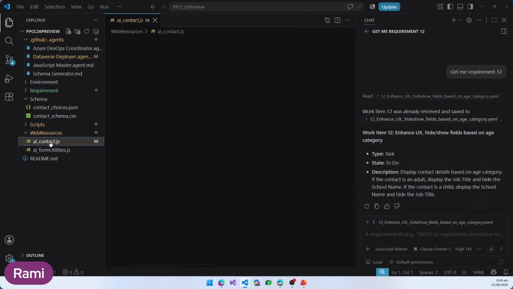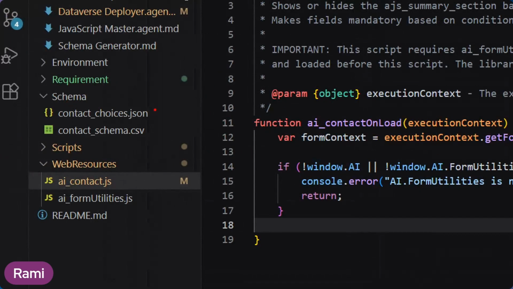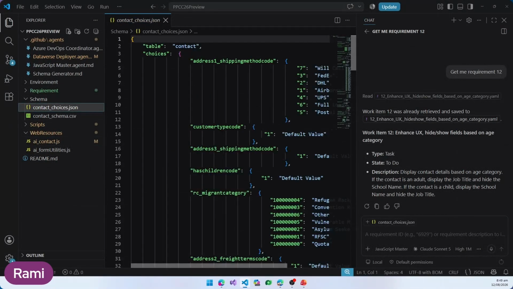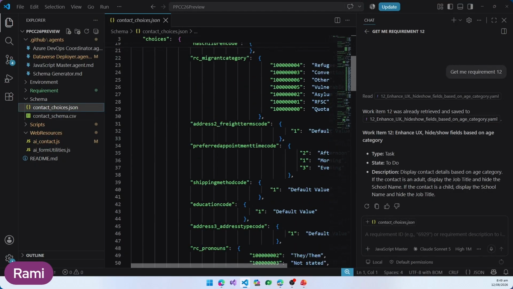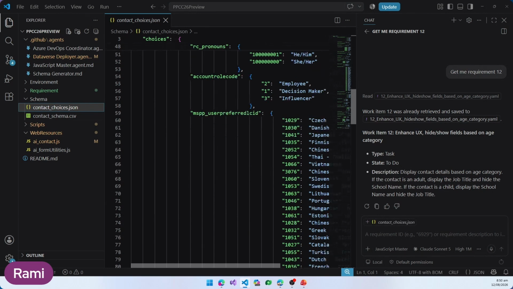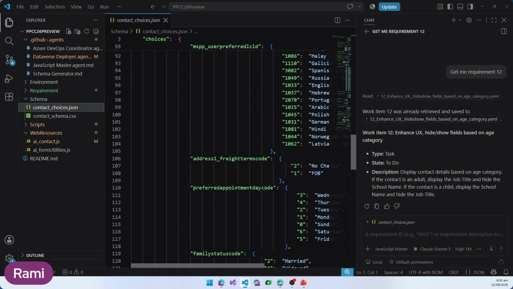And in there, as you can see, we did have the JavaScript that is available in there. One thing I do have to mention is that I do have a cache in here of what that schema looks like and what the choices behind it are. So if I select that, I can see that I've got all the different elements that are available in the contact record. And I can see that there are different option sets and different values in there. So that if it has to understand how to get the right value for adult and child, it doesn't have to guess.